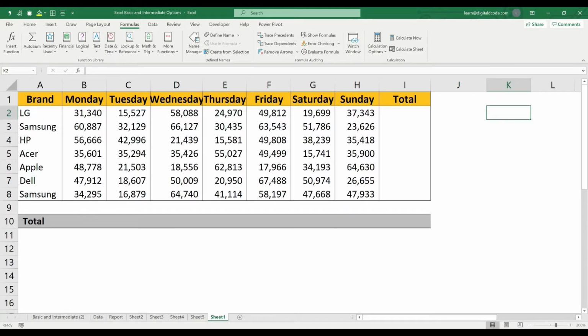That will save your time, because for each small value update you don't need to wait, because sometimes it takes even more than 5 or 10 minutes to update. It depends on your data. To avoid that, we can use the calculation option. So whenever you want, that time alone you can do the calculation.